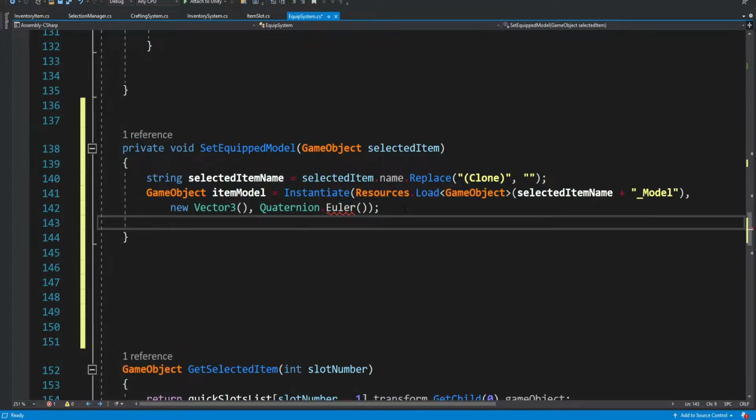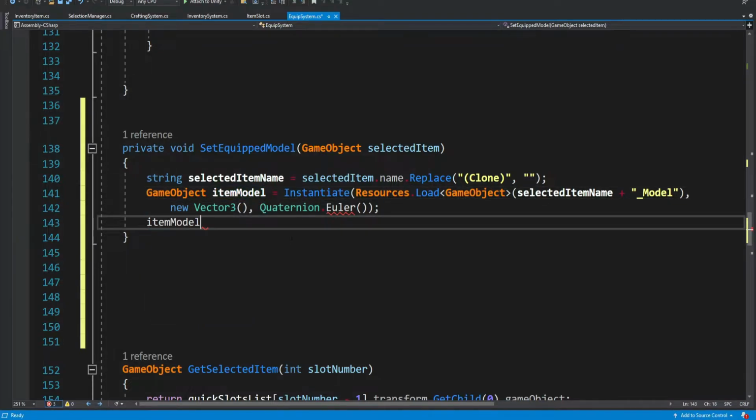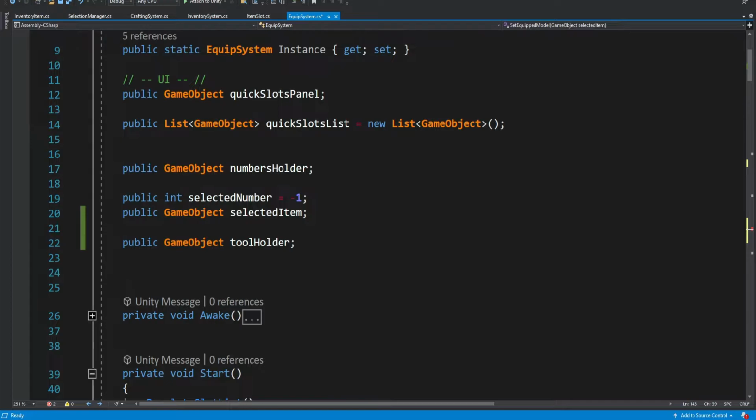We also, after we instantiate the item, we get it over here. And then we also want to set the parent. So transform.SetParent. And the parent will be our tool holder, right?